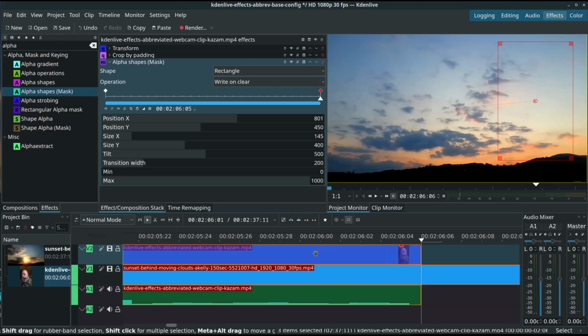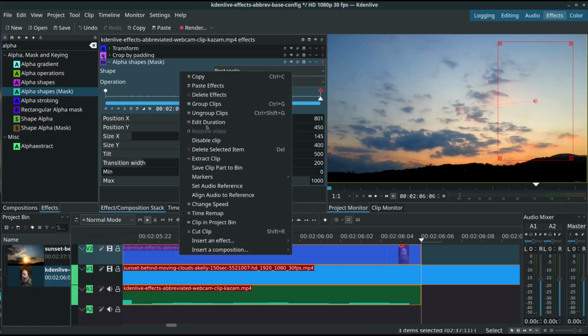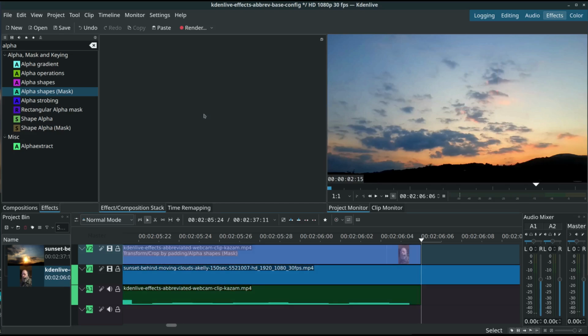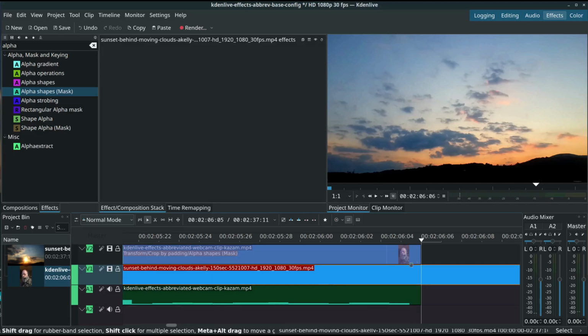Now we're at the very end of the webcam video, and all three tracks are selected, so I'm going to ungroup them. Ungroup clips. I'm going to select the background clip, and I'm going to cut it right here and delete the remainder. So, razor tool over here, click, and notice